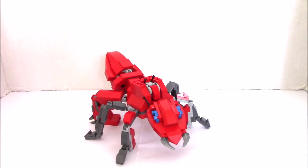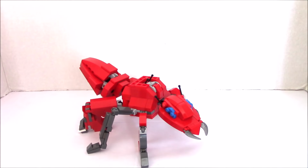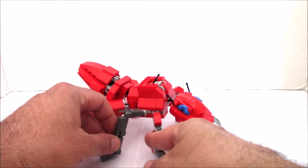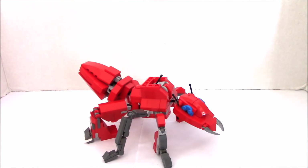Since we had so much fun not too long ago with our Waspinator figure, I thought for the royalty, yes, it's Beast Wars Inferno. He's a giant fire ant, and this one I actually rushed, but the head came out really nice, and he stands really well with all his articulated legs. And just to show you guys, he has ball jointed legs everywhere, a ball jointed head in his alt mode,